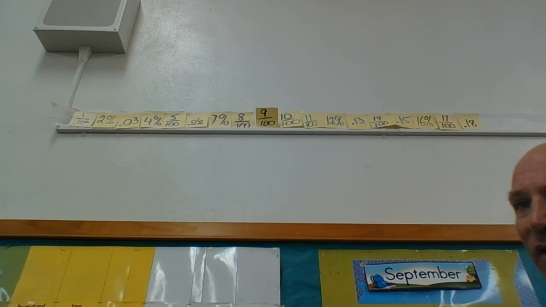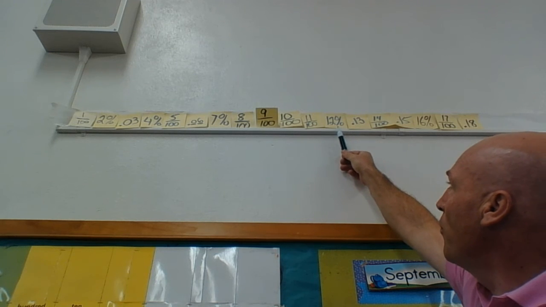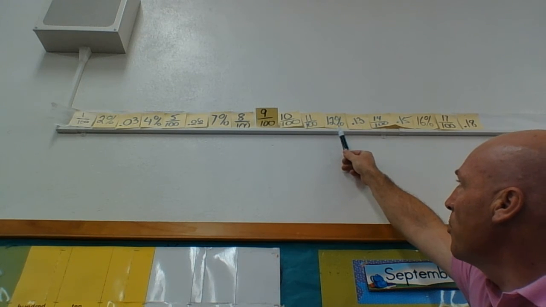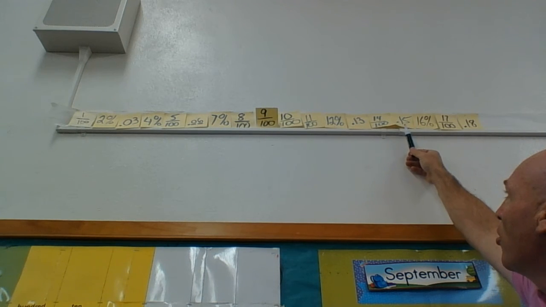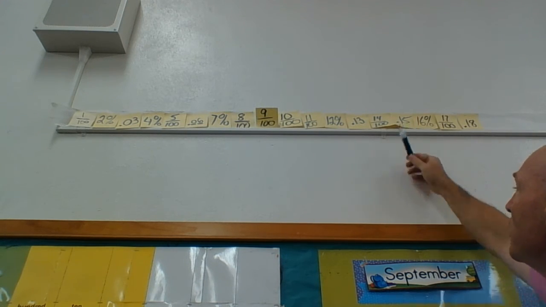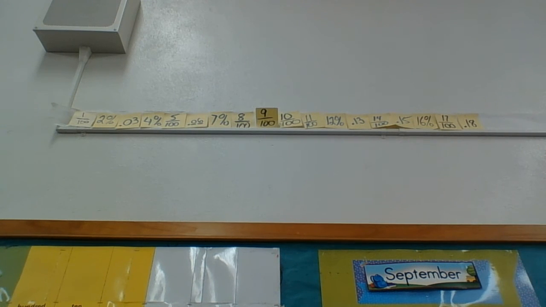That when you're writing something that's been cut up into 100ths, you can write it three different ways. We can write it like we've seen up here. We can write it as a percent, like we did on our 12th day of school, because our party was cut up into 100, so we had 12 days out of the 100. We could write it as a decimal point, like on our 15th day of school, we had 15 hundredths. Or like a percent, 16% of our party has been accomplished. So today is 19, and I think today I'm going to do 19%,